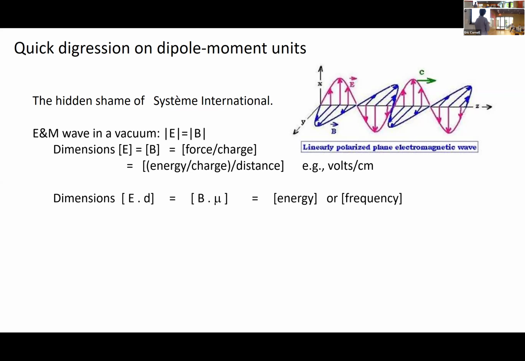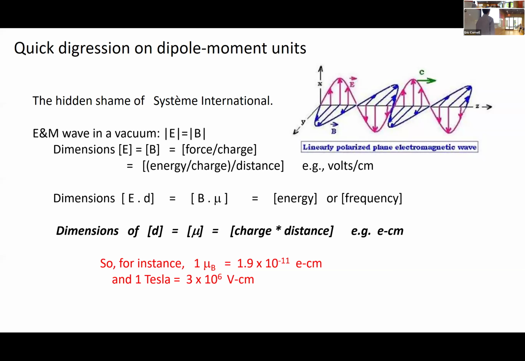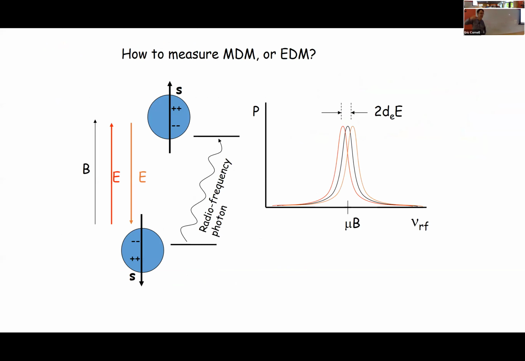Since we know that a field dotted into a dipole moment always gives you an energy, if the electric field and magnetic field have the same dimensions, then the electric dipole moment and magnetic dipole moment must also have the same units. I like e centimeters, but people don't usually refer to magnetic moments in e centimeters, though you totally could. For instance, the Bohr magneton is 1.9 times 10 to the minus 11 e centimeters. And just to put you in my units, 1 Tesla is the same as 3 times 10 to the minus 6 volts per centimeter. Given all that, we can now compare electric and magnetic dipole moments in the same breath,